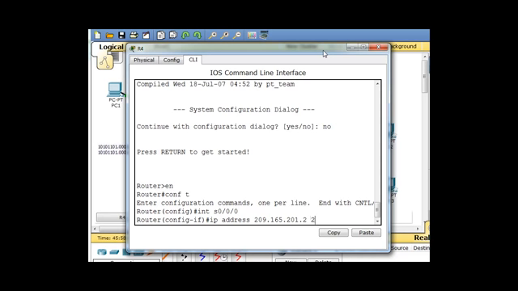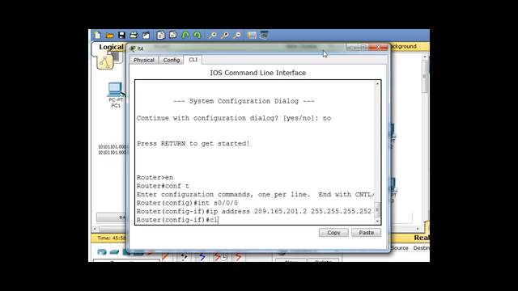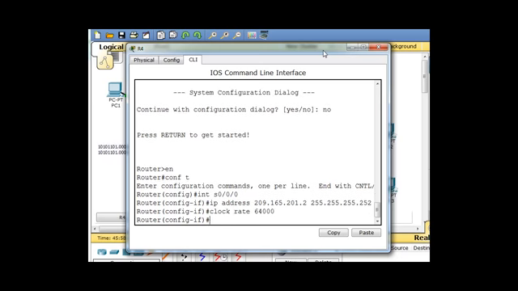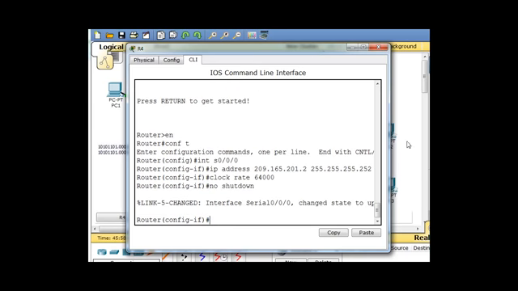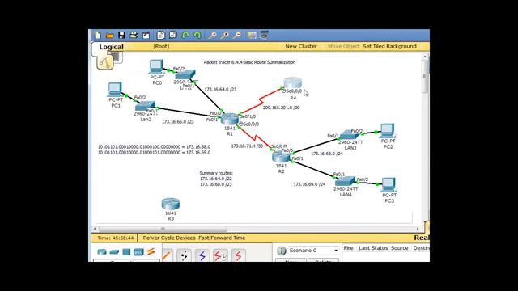And then the IP address. Clock rate, because it's the DCE. And a no shutdown command. And close it. And now you can see that this interface is up, and